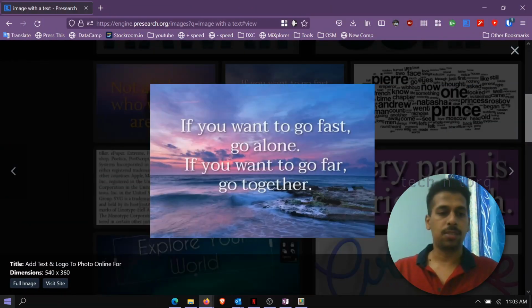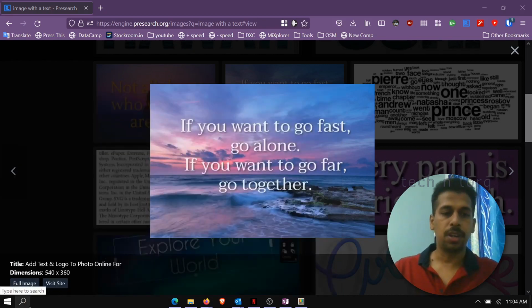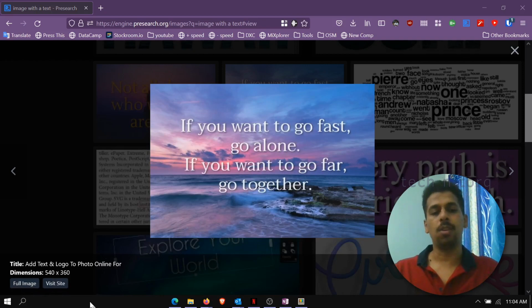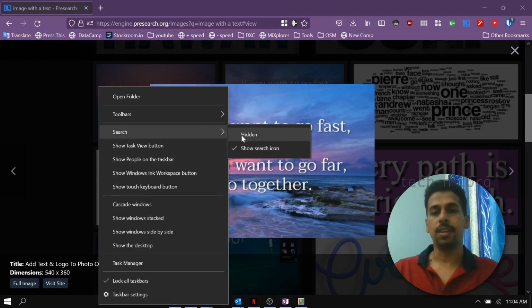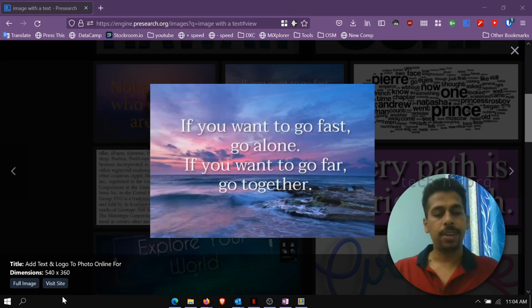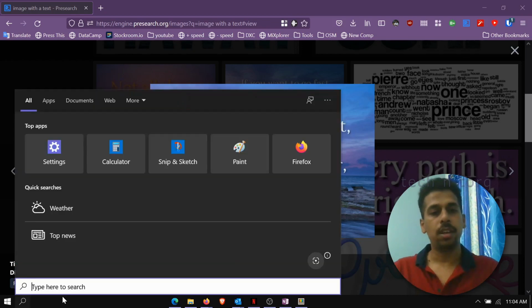So if you come to your desktop, you should have a search button like this. If you click on it, you should get a window like this. If you don't have that search button on the lower left corner, right click on the taskbar and in the search, check if it is hidden. If it is hidden, click on show search icon and enable it. Alternatively, you can press Windows key plus S key on the keyboard, Windows S, and it will open the same